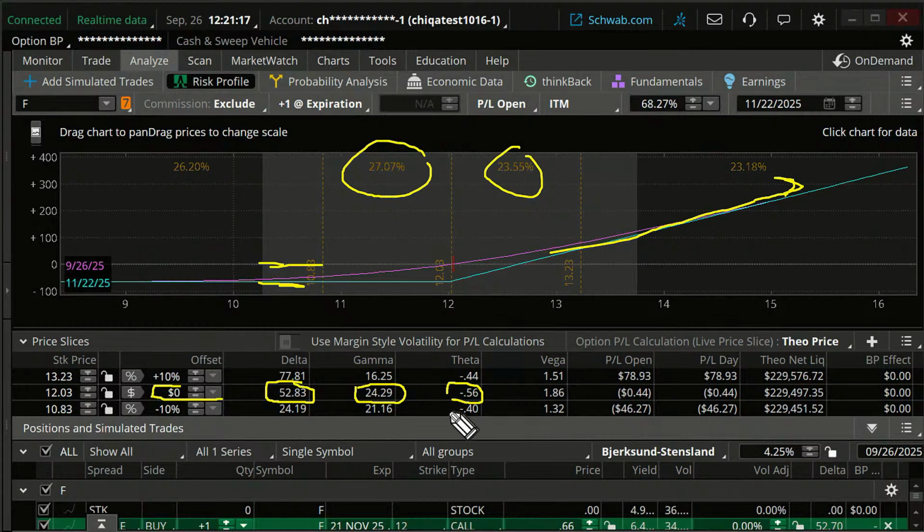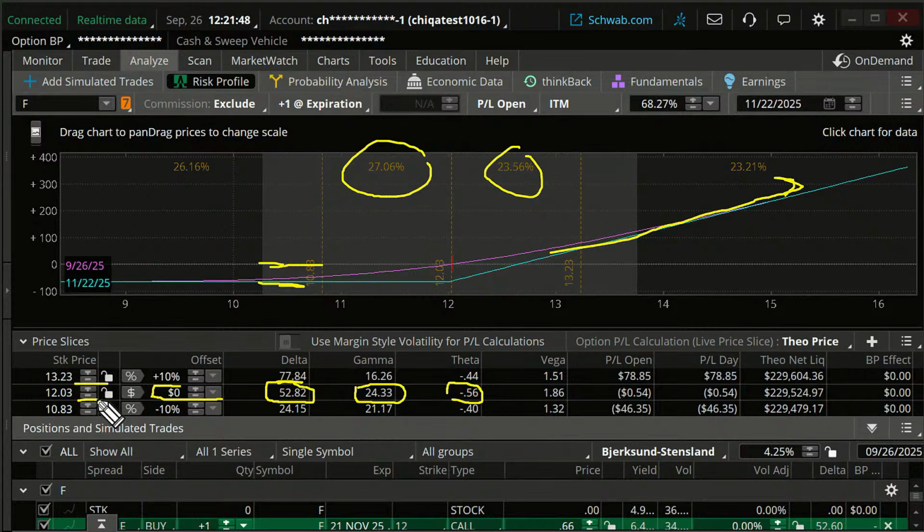Okay, now, what if the stock goes up 10%? Is the delta going to be the same? No, delta's not going to be the same. Gamma, theta, vega aren't going to be the same. They change. In fact, they can change from positive to negative depending on the type of trade. On a long call, they're always going to be negative for theta. Delta is always going to be positive to some extent, but delta changes. So you can see how the Greeks adjust as the stock moves.